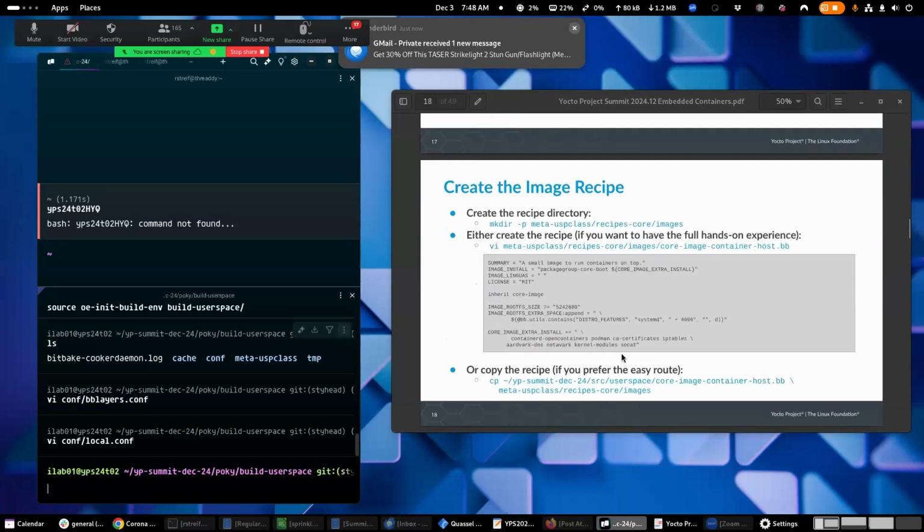Okay, how do we do this? Pretty straightforward. You create a recipe for an image. We call it core-image-container-host. We throw it into our meta-usb recipes-core images directory, which you have to create first, of course. It's there, and this is the content. Depends on how you're feeling today. If you're feeling like typing, you can type this in there. If you don't, you can simply copy it from the sources that are provided. And once you have that,